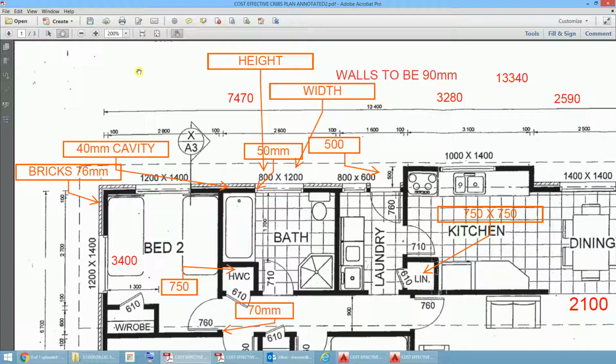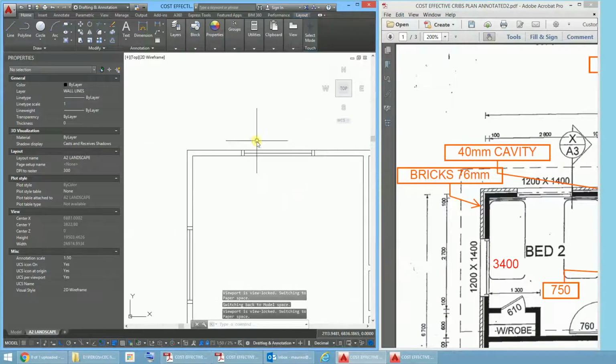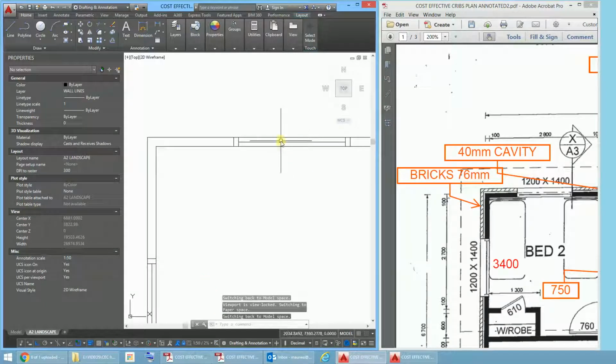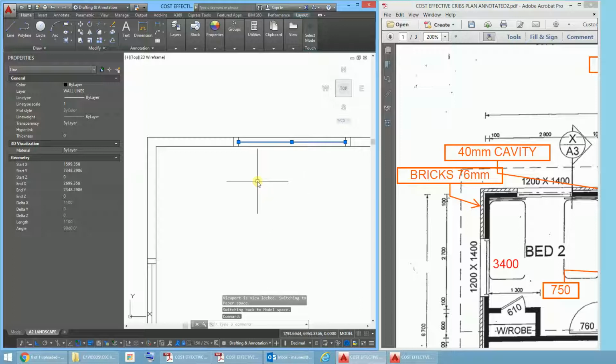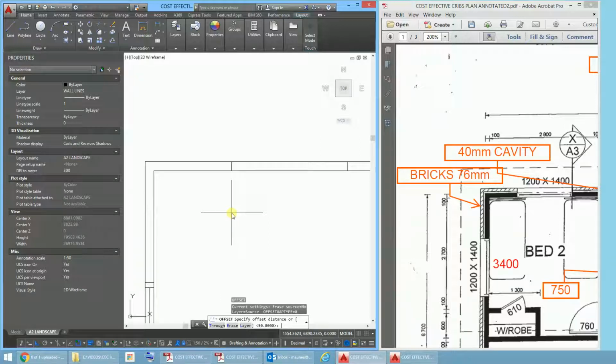Oh dear. So what we need to do is just to go back. Mistakes happen and we've got to fix them. So let's see how we can fix this mistake. The width is actually 1400. So unfortunately I didn't go too far there. Let's just draw a line in here. Alright, so these should be 1400, and let's just delete that out of there, and that out of there, and this out of here. So they needed to be another 100 wider, so I'm going to just go offset, enter, 50, enter,